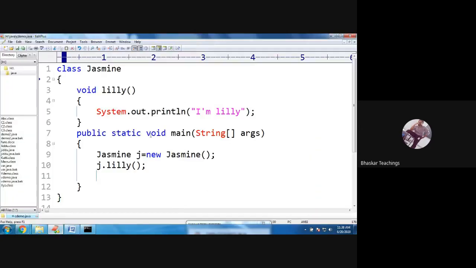That means when you are creating an object, you're calling a zero argument constructor, and in your class, you have not defined a constructor. Then at the time of compilation itself, the compiler will include a default constructor, a zero argument constructor, because you have not included one. Don't get confused, the compiler itself will create a default constructor here.